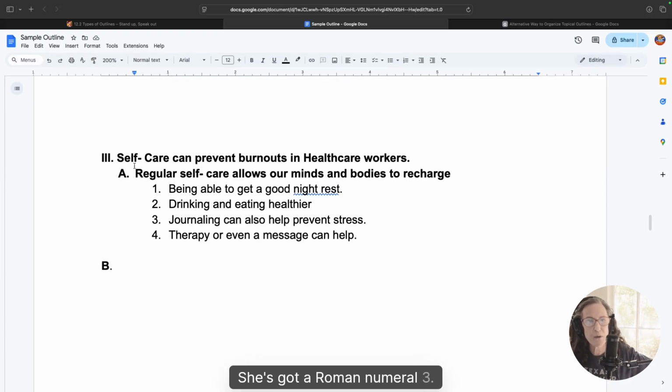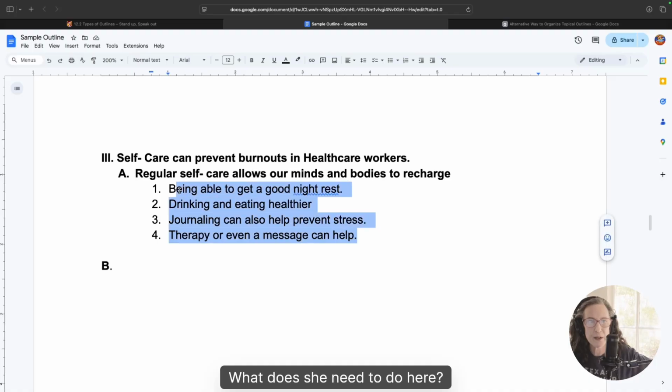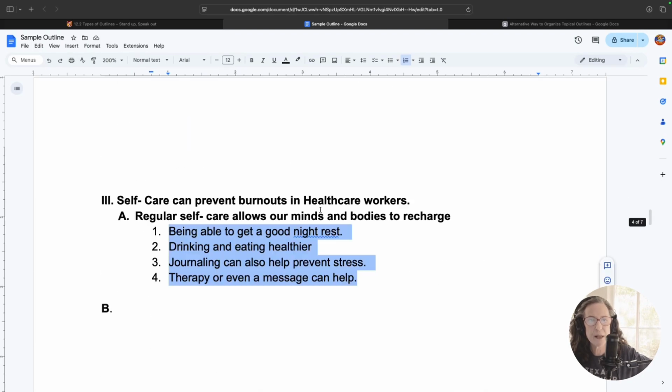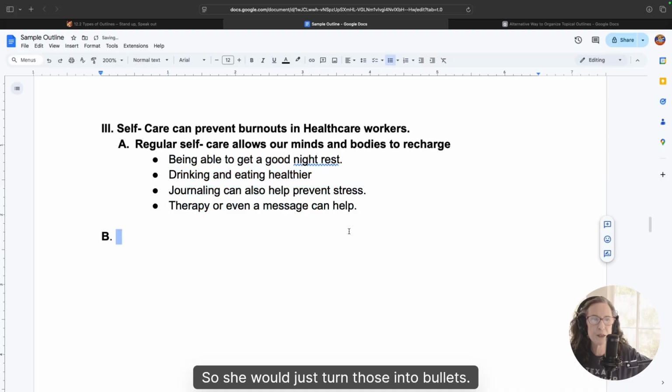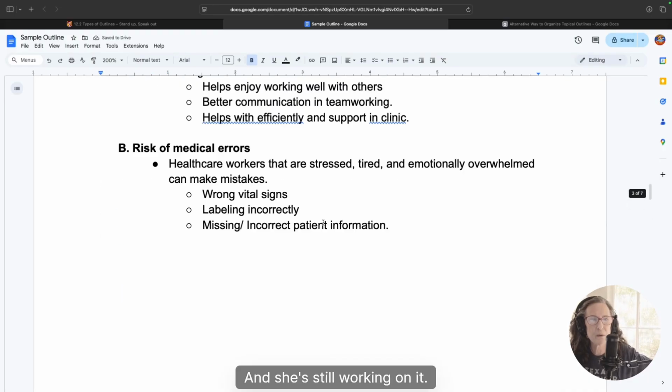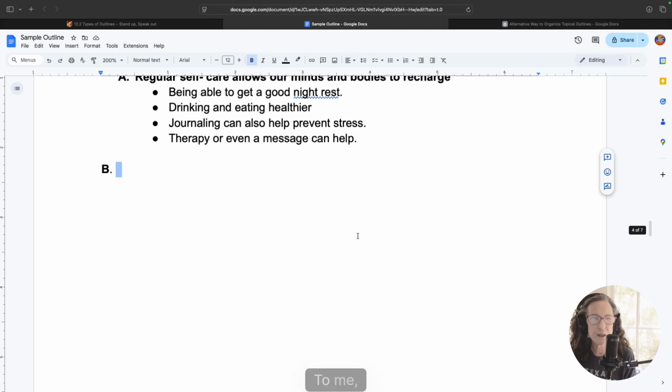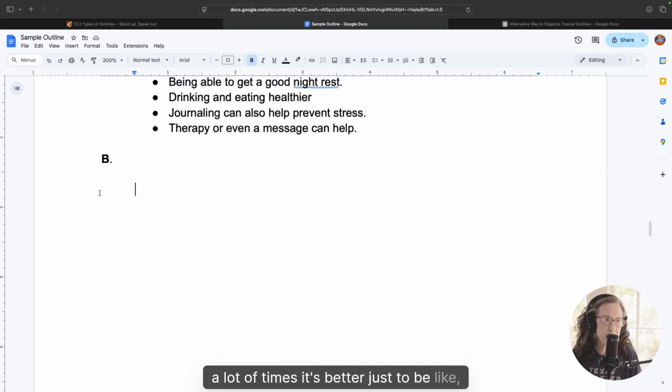She's got her Roman numeral 3. She's got her A. What does she need to do here? Because under each of these main points, what does she have? She has a bullet. So she would just turn those into bullets. And she's still working on it, right? So think about that when you're working on your outline. To me, a lot of times it's better just to be like,